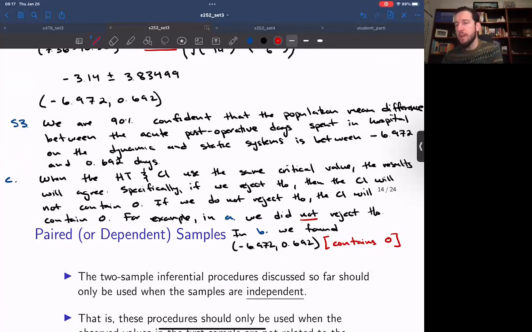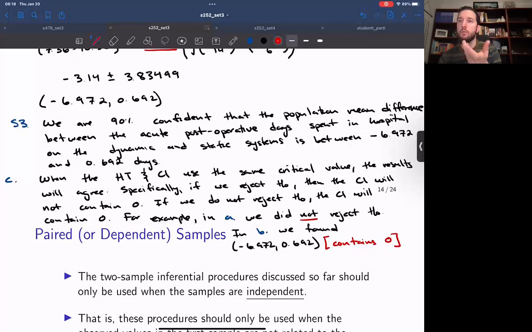So the explanation that I gave in part C is exclusive to the 2-sample hypothesis tests where you're testing for a difference around 0. But if you were to change the value of 0 to any other number, so say you wanted to test mu1 minus mu2 equal to 3, the same relationship would apply. It's just that in that situation, if you rejected the null, the interval would not contain 3, for example. Similarly, with 1-sample tests and confidence intervals, if you use the same critical value, you'll get the same